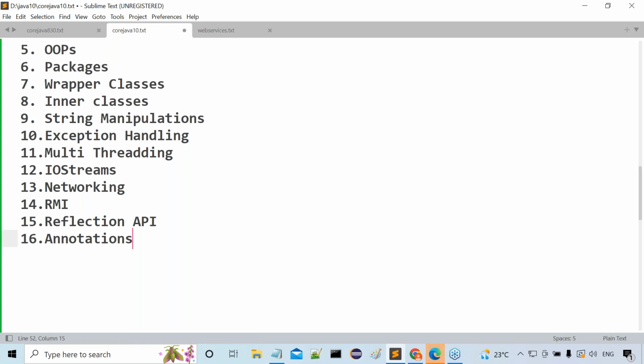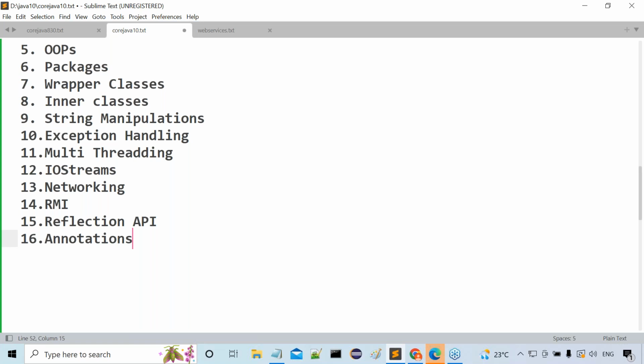Please remember one point I'm telling you. What is the purpose of core Java actually? Whatever topics we are going to use at an advanced level, all the roots are available in core Java.